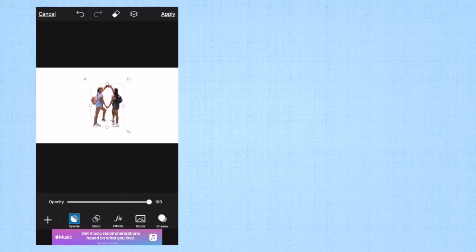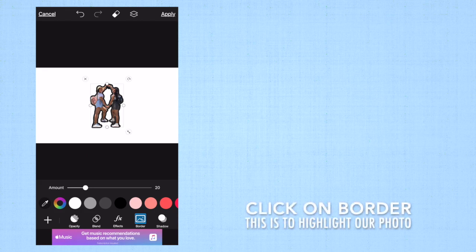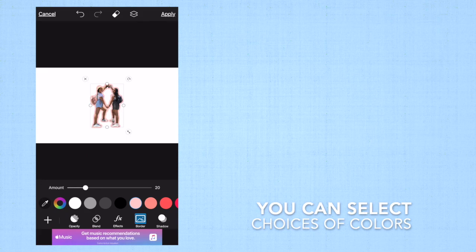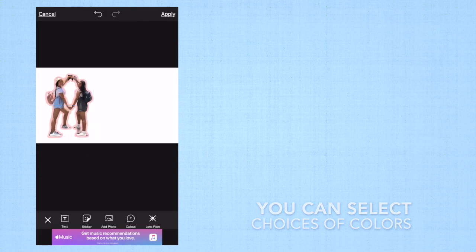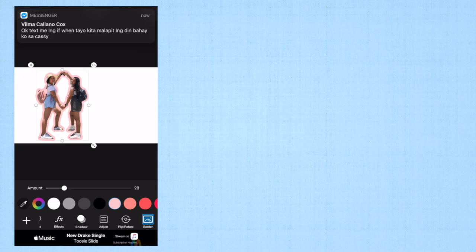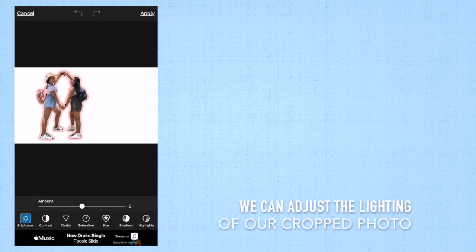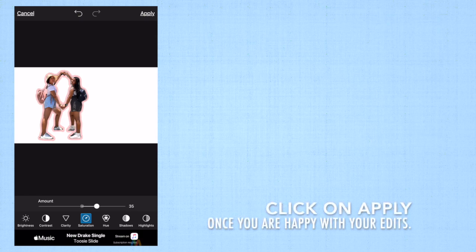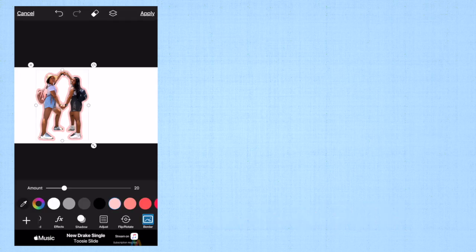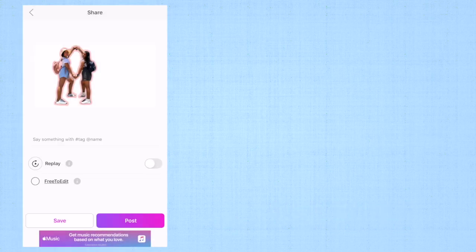And you can now put a border. And we can also choose what color of the border we would like to use. Ta-da! It's done. And once I've chosen, I'm going to adjust the lighting of my photo. We can put contrast, brighten up. And once I'm happy, I'm going to click on Apply, click on Next, and click on Save, and